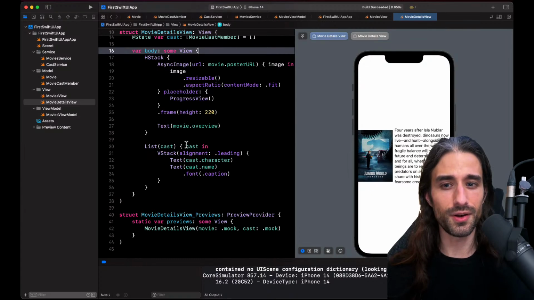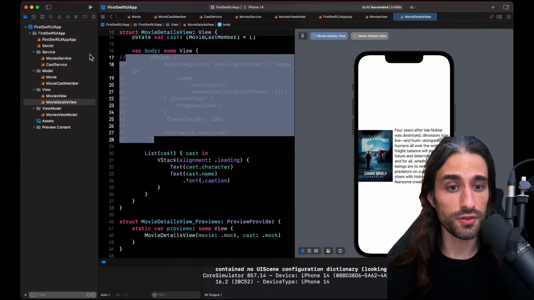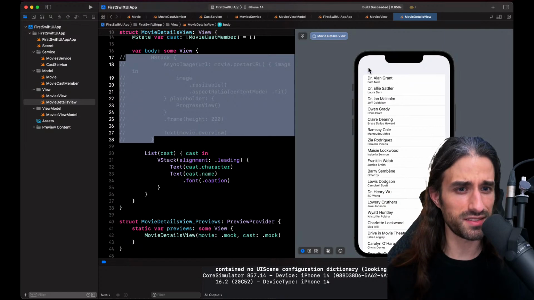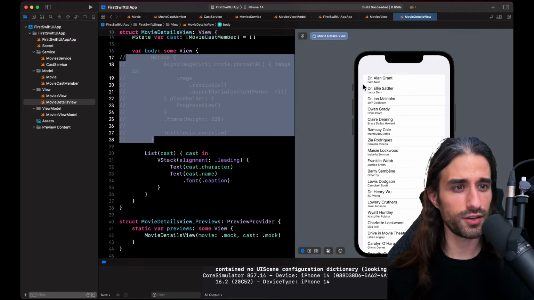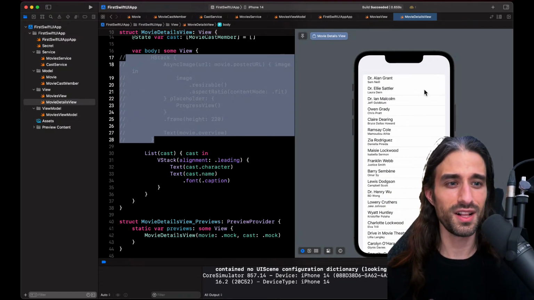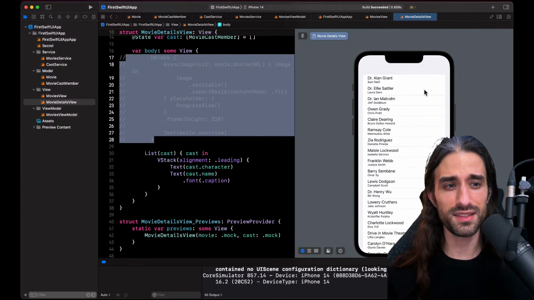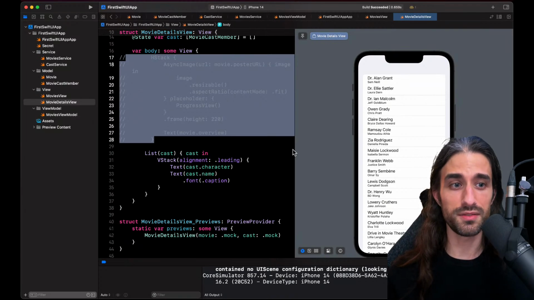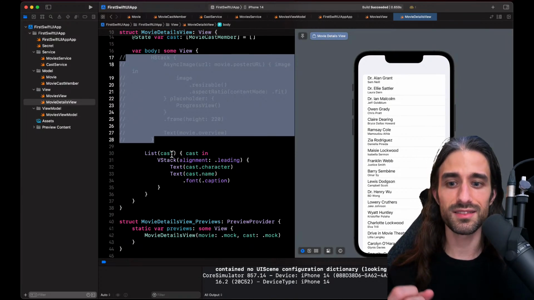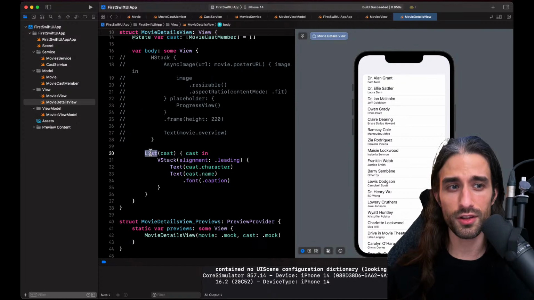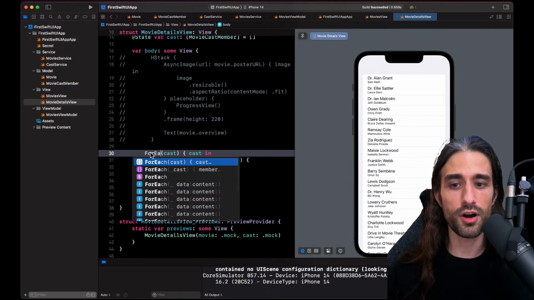There is the presentation logic of it, which is the fact that you see the list, it has the rounded corners, the padding, the separator. And there is also the fact that the list iterates over some array of data. And it turns out you can very easily split these two things. And for this, you turn the list into a for each.